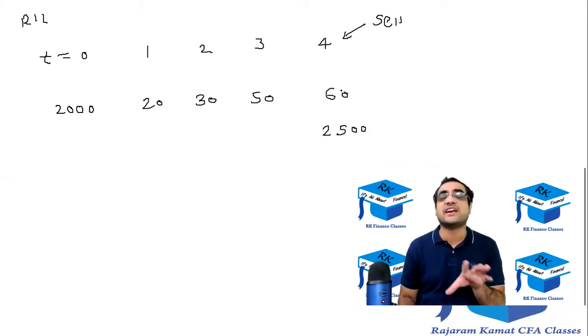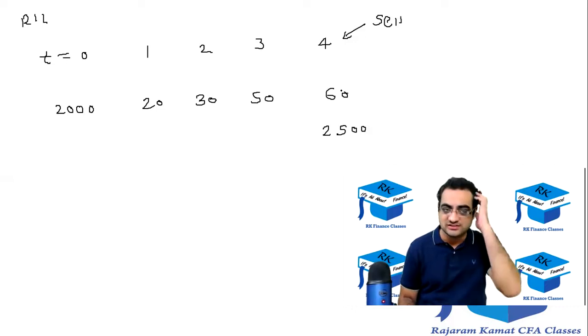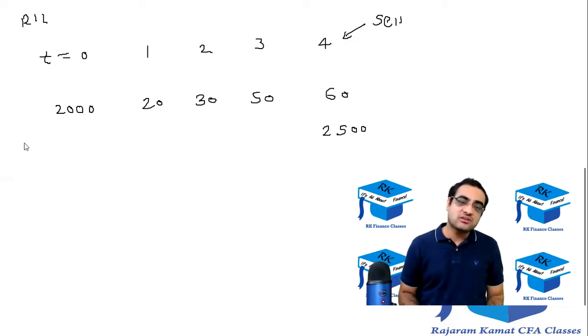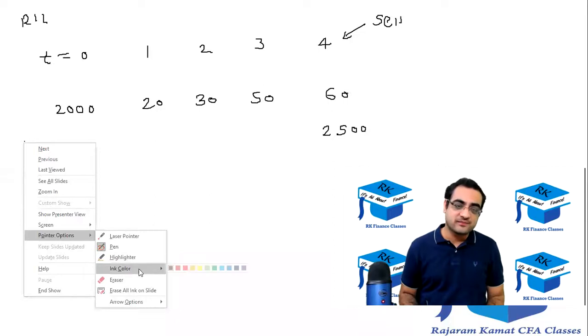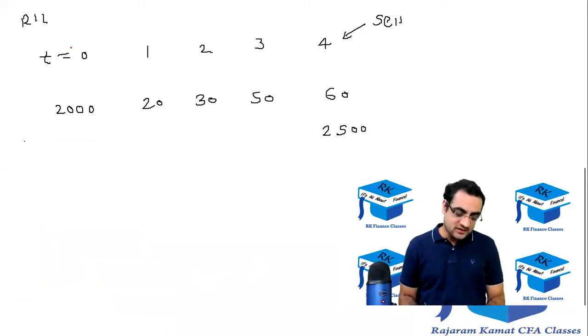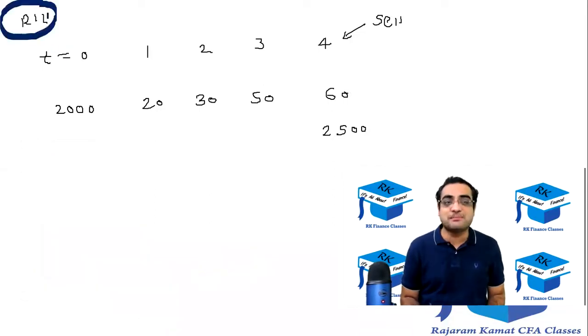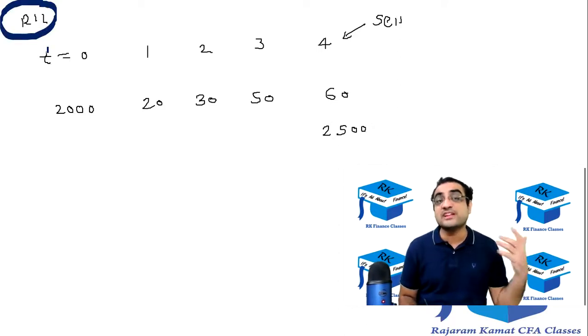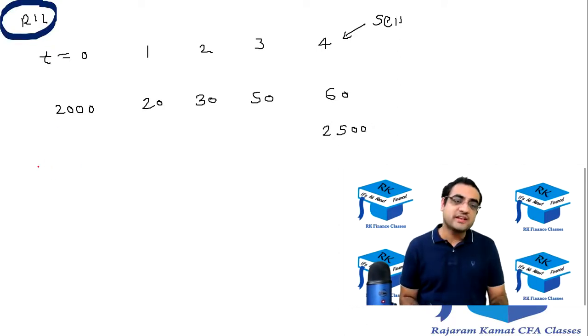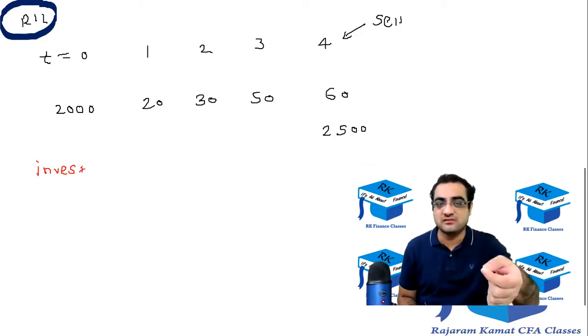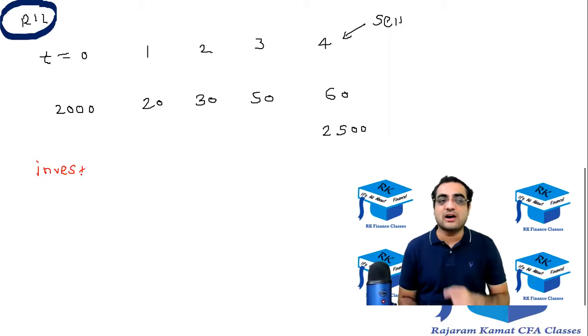So listen to me carefully. How do you tackle this kind of question? So first you need to note the signs over here carefully. Year 0 में Reliance buy करना पड़ेगा. You have to invest. So over here you have to invest. Invest के लिए you have to pay money. Paying मतलब outflow, outflow मतलब negative.